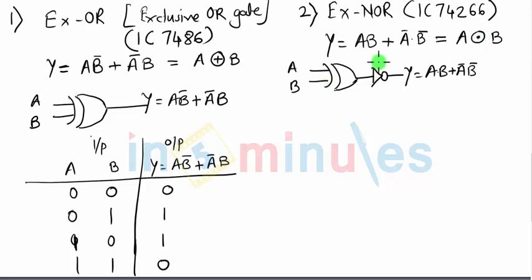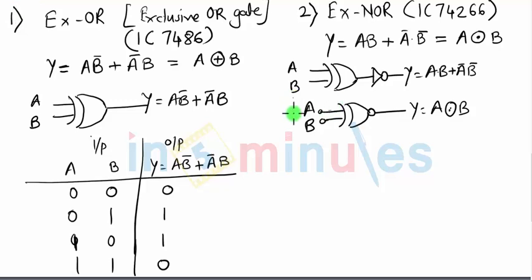This gate is further finalized into input A, input B. So whenever you get a NOT gate in front of any other gate, it will be replaced by a bubble. This triangle part is removed and the bubble is attached to the gate. So this is the final symbol for Y = A XNOR with B. So this is going to be your final symbol.